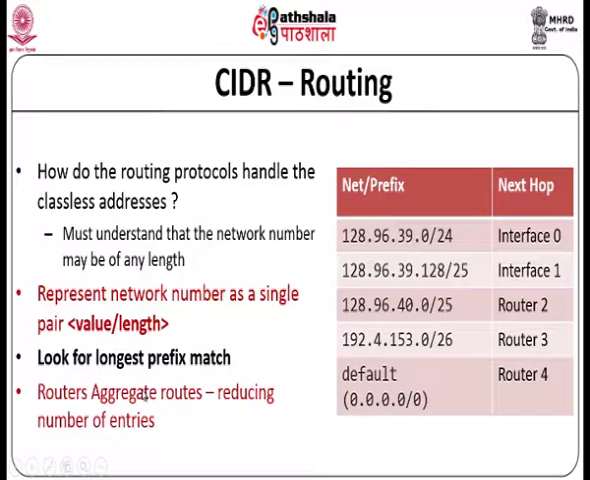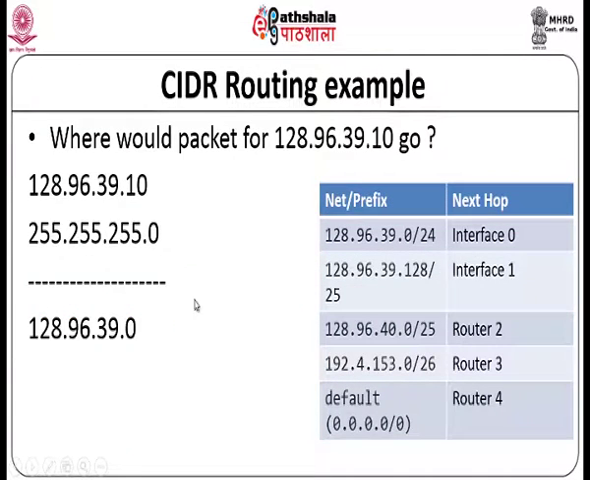you could have situations where a given address may match more than one prefix. Then we always look for the more specific match. So that is one thing. And by using this kind of CIDR routing, you will also see that you can aggregate routes in a better manner. To quickly go through an example,